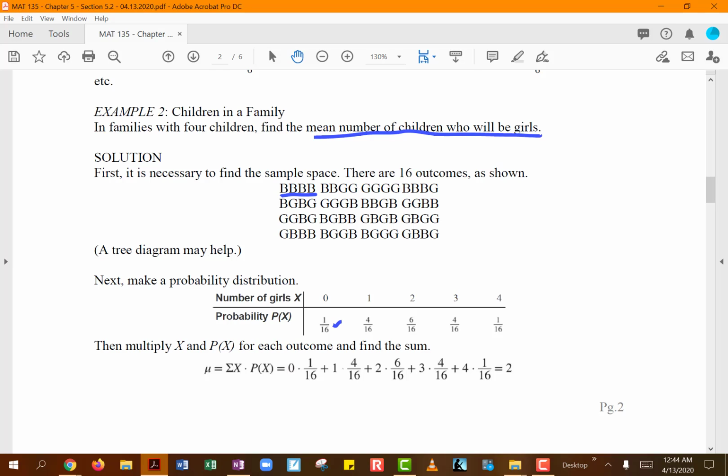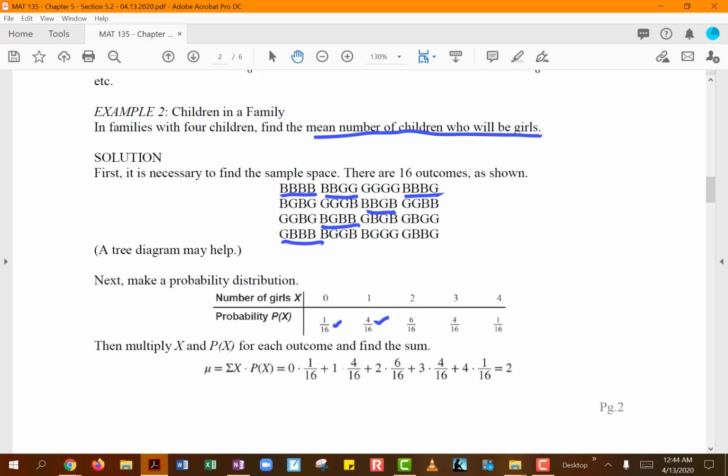So that's going to be an outcome of 1 out of 16. You could have exactly 1 girl out of those 4 kids, so that would be 1, 2, 3, and 4, right? So 4 out of 16 outcomes, you would have only 1 girl,